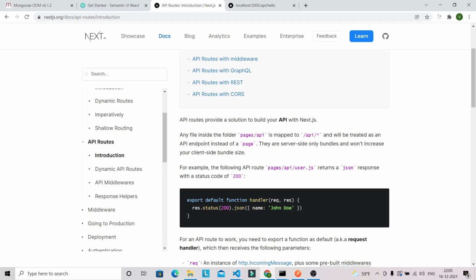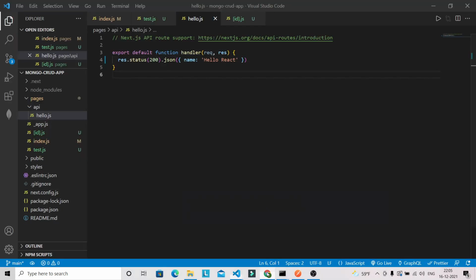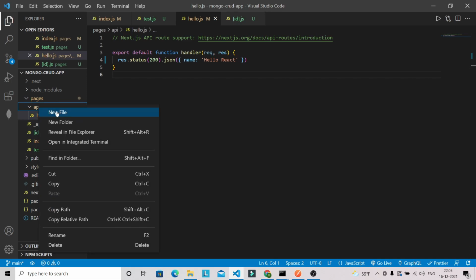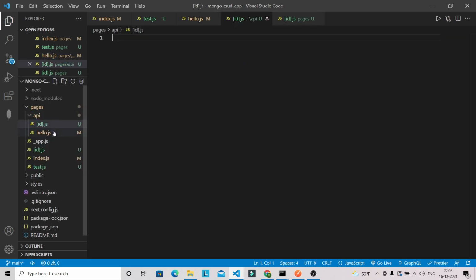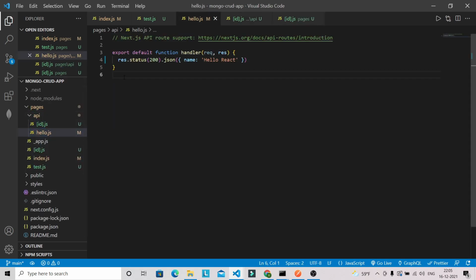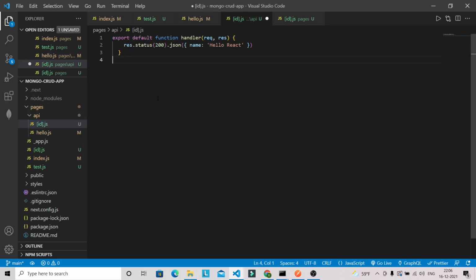So how are you going to do that? It is the same process. You can see that we have id here, and we can create it this way only, id.js. We can just copy this one and give testing id.